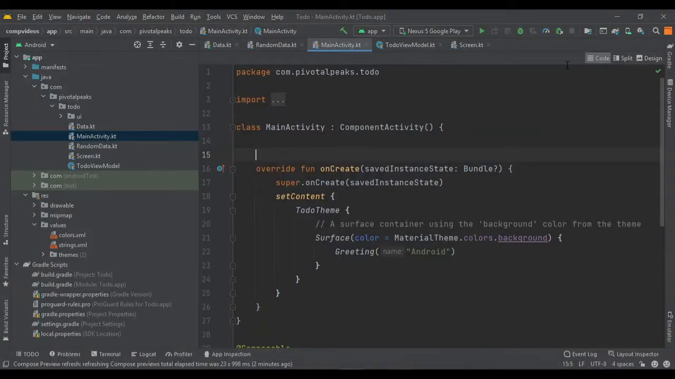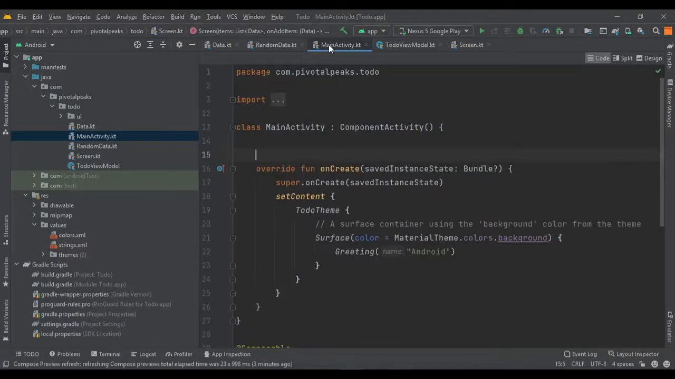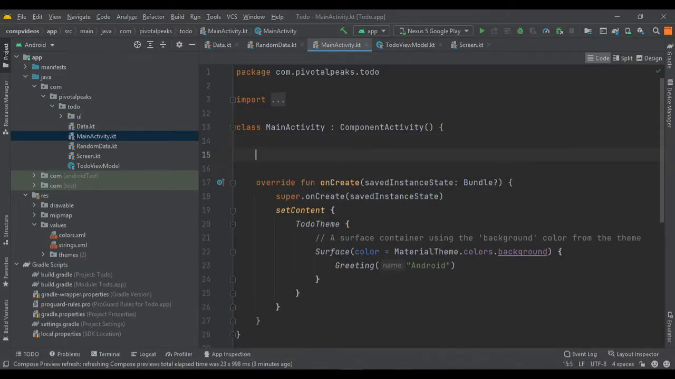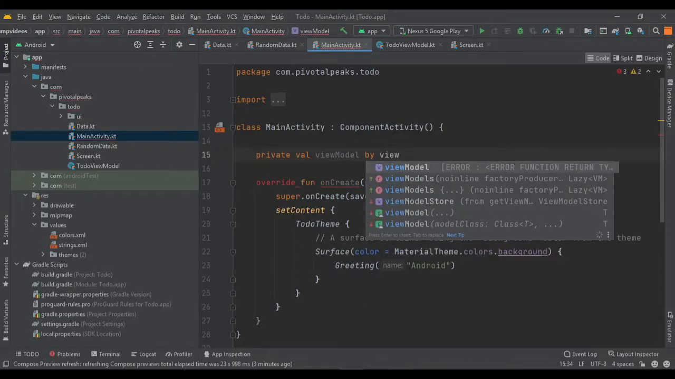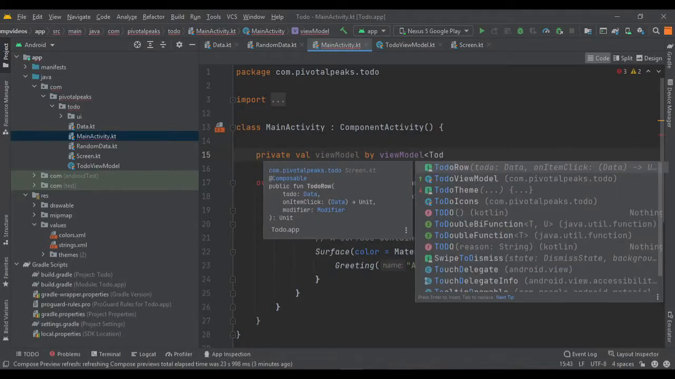So in this video we will integrate our screen, this one, into main activity. To do that we need to define our view model on top of our onCreate method. So let's do that, creating our view model. Private val view model by viewModels, and then we need to pass our ToDoViewModel,